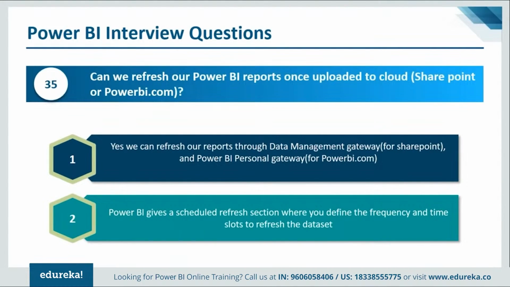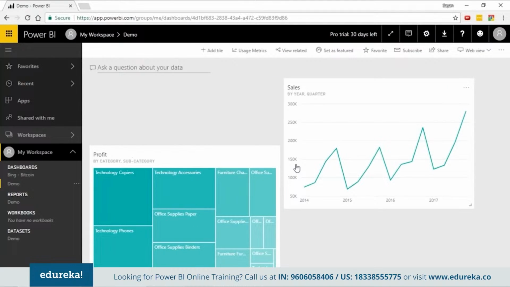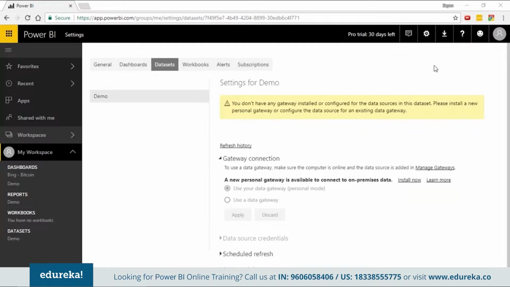And when you're publishing your data on the cloud or a dataset section, you basically have an option for schedule refresh. And this is exactly where you can go ahead and set up your refreshes specifically for the kind of data that you have. And you need something called a gateway. Right now, my gateway is not configured, but you need something called a gateway to set up a schedule refresh. Remember, if you are connecting to an on-premise source, especially a SQL Server database or something like that, then you need to have a gateway. And you can actually download your gateway from here to configure it further.